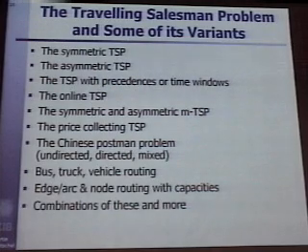That is quite important in practice. Precedences means you have to go to one place before another. And you get basically a directed graph in addition to your tours, where it tells you you have to go see this one before that one, and so on. It gives you additional constraints.